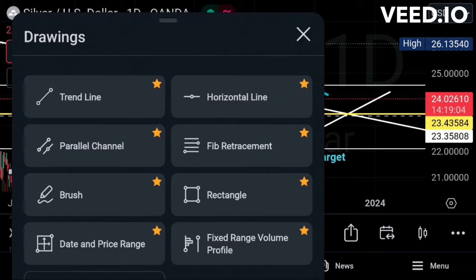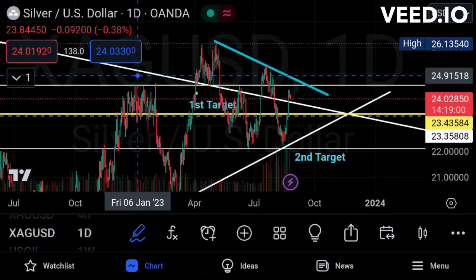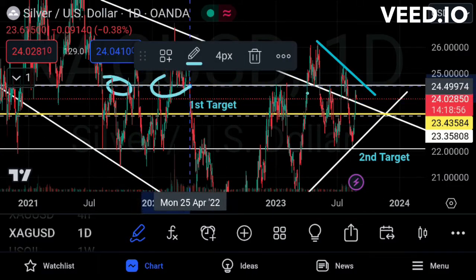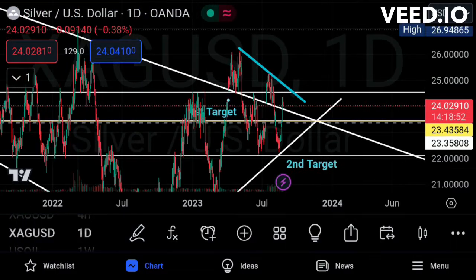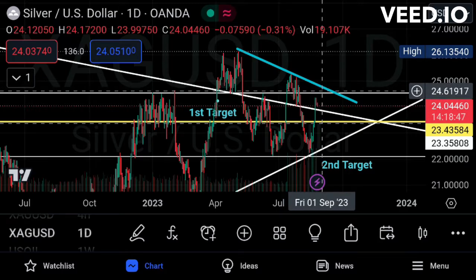Why? See this, history says everything. See this resistance right here, resistance right here, resistance right here. So major resistance. So there are chances that the silver's price can go all the way up here at approximately $24.5,